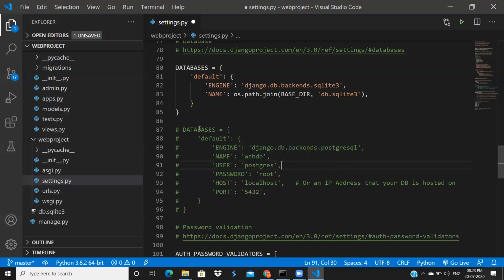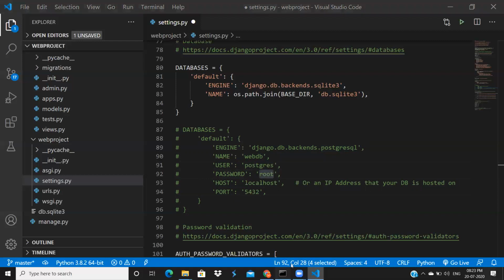Okay. Before uncommenting this, I want to create this database inside Postgres. I have to create one database, and that name I will give here. After that, the remaining Postgres settings are common: password is root, it's running on localhost, port number is 5432. These all depend on you. Whatever user you have created, you give that username. The password, whichever you gave while installing, you give that password here.